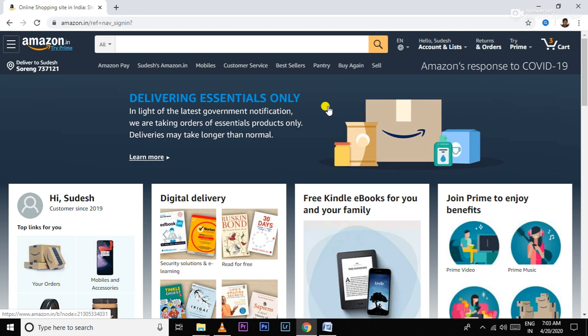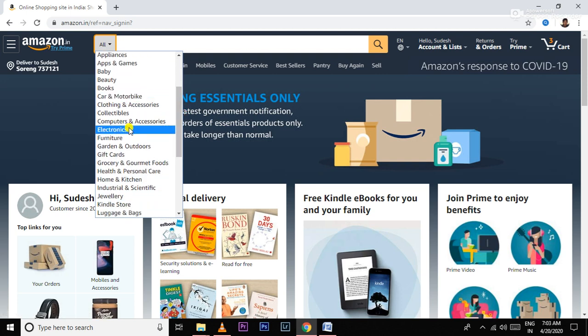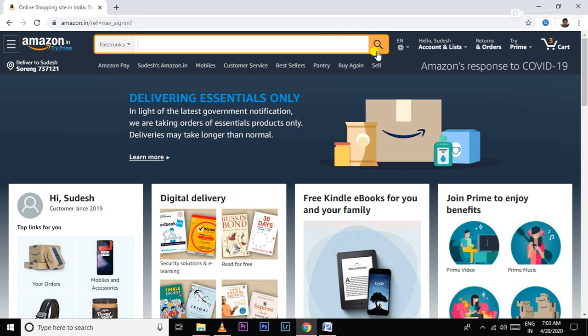You can find many products at Amazon. You can search for a product by clicking on category. Here's the category section. Let's say, for example, you are looking for a smartphone. Go to the electronics section down here, just click on it and click the search button.